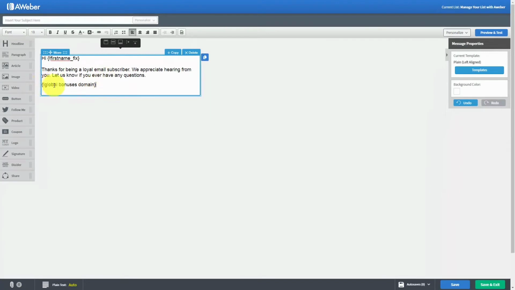And then what will happen is when our email is actually sent, our domain name will appear there because we've placed the snippet code inside of our email. What this does is it helps us to save time and effort and to focus on the message of our